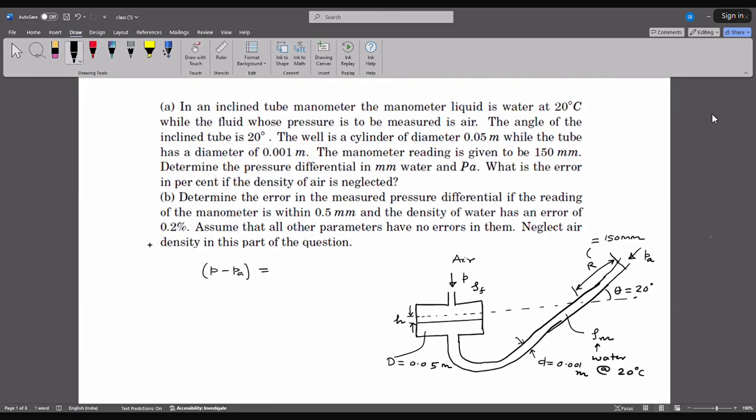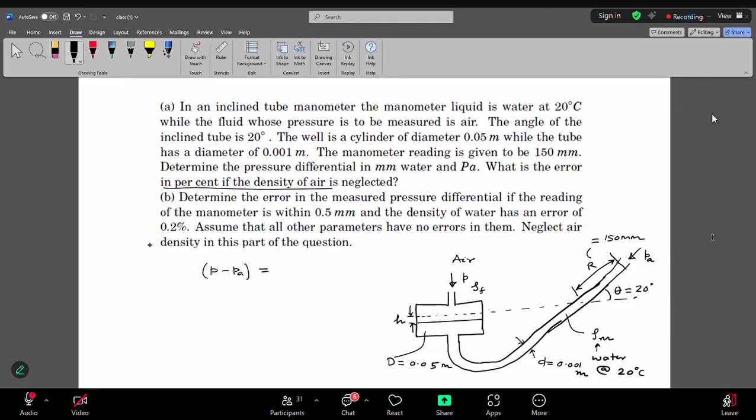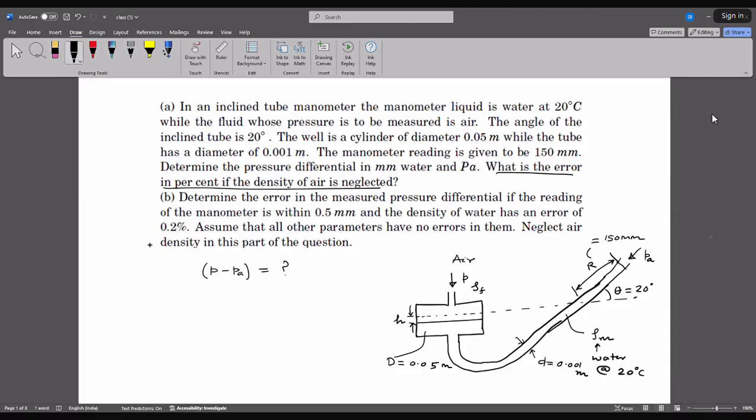So this part we will come to know what it means when we actually work through. But right now it is asking you to find out the differential pressure. If you see your notebook or the PPT, you will have a formula: P minus PA is rho m minus rho f, that is density of the manometric fluid minus density of the fluid whose pressure you are measuring, that is air, into G